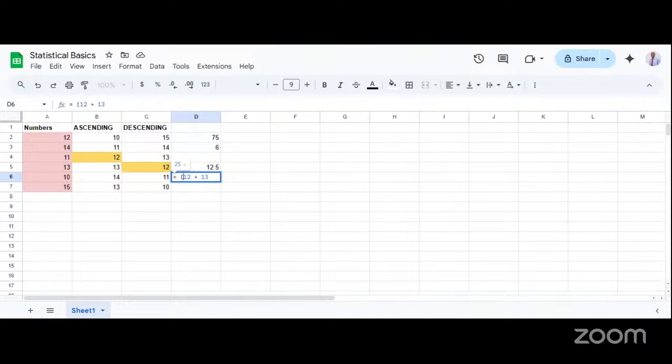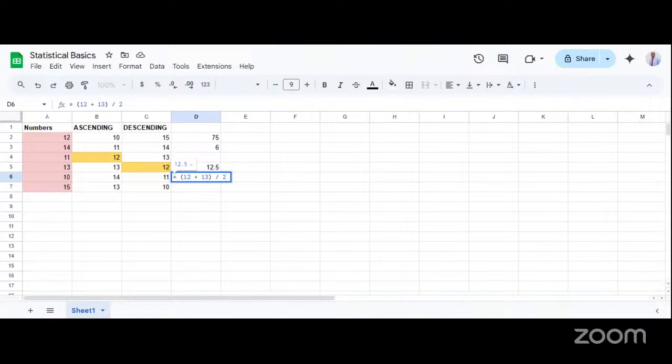Since we'll be dividing with another value, we'll just add this in a bracket, so it will be calculated first before it does the division. So we divide by the number of data points for these two. This 12 and 13 becomes a data point at this point now. It's just two values in this data point. So 12 plus 13 will now be the sum, and the number of data points is 2, 12 and 13.